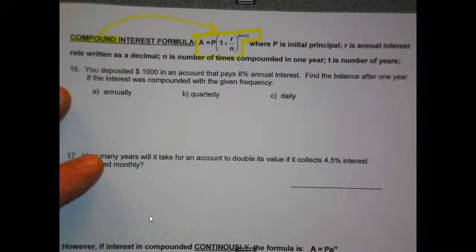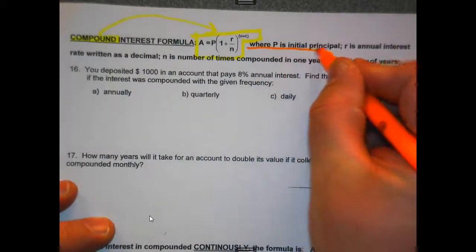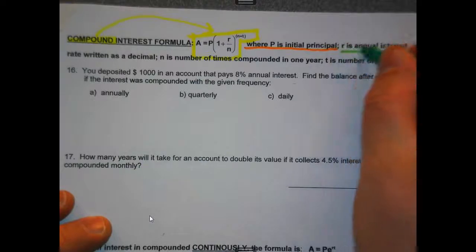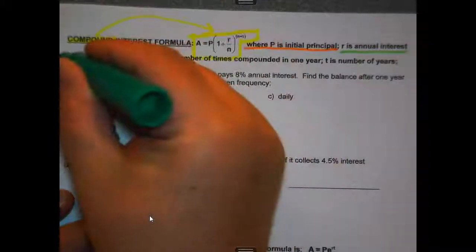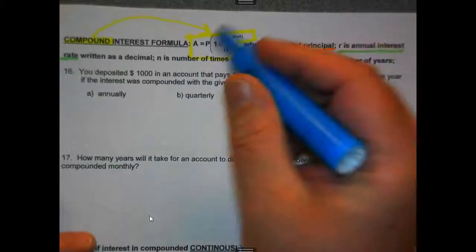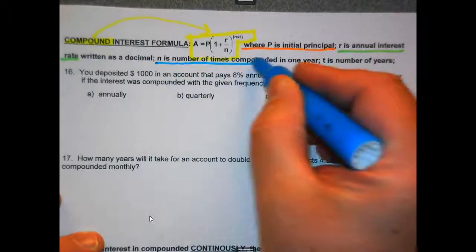Okay, where P is the initial principal. R is the annual interest rate, always written as a decimal. And what else we got here? N is the number of times compounded in a year. So, in other words,